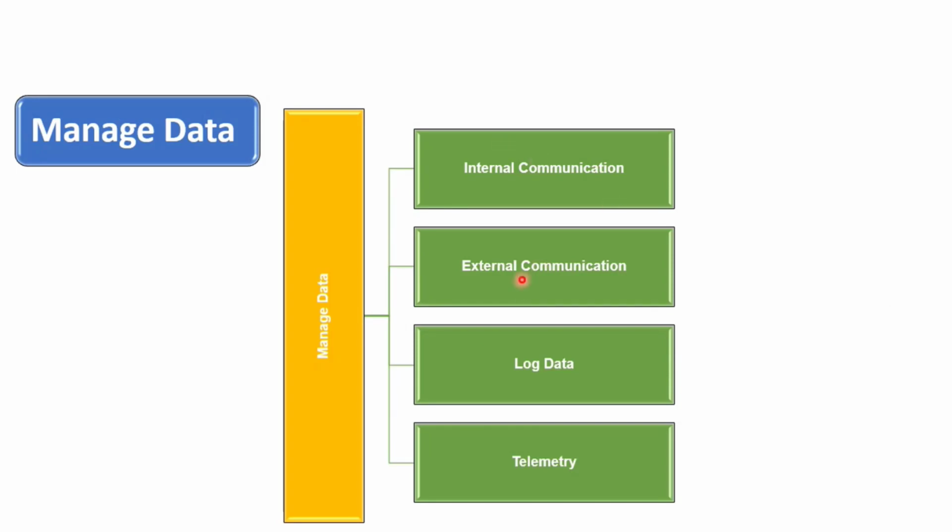The data can be managed by using internal communication using CAN or SPI, external communication similarly CAN or SPI, and we are logging the data, and also sending the data to a remote host, with the information on what is happening in the vehicle. Some devices also come, called OBD, onboard devices. Especially in electric vehicles, they connect to the CAN terminals and log the data of the battery SOC, the regeneration in the battery, and the speed. All this information can be extracted by using these OBD devices.